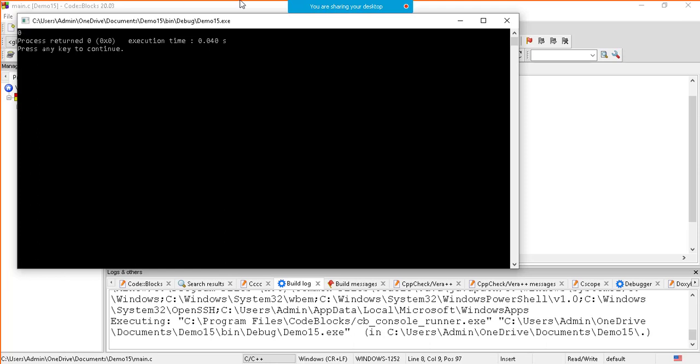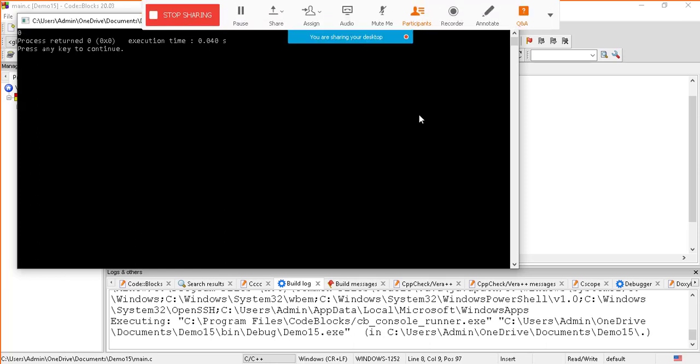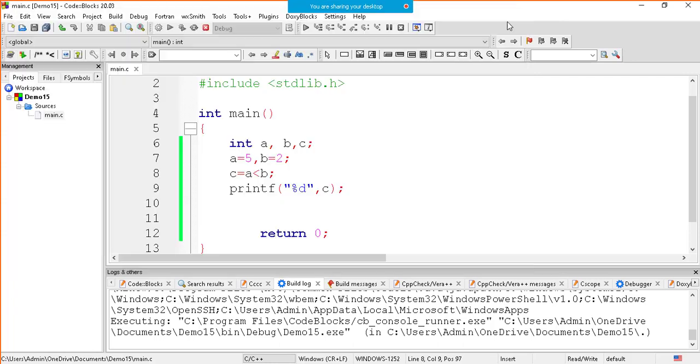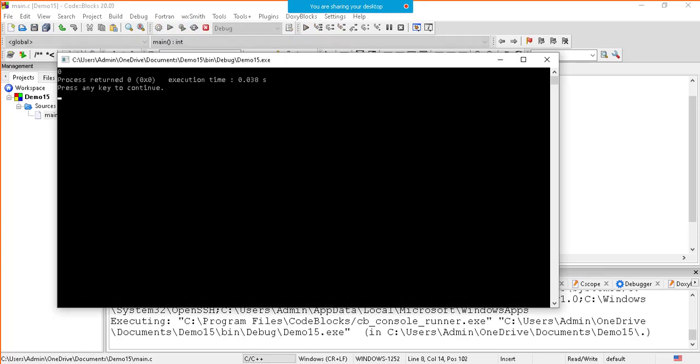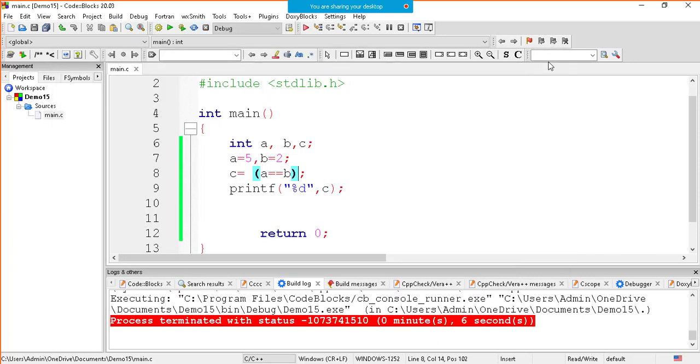Is it okay? Great. Now see, for example, let's say I want to check whether A is 5, B is 2. So both are not same, right? So what I'm doing is A double equal to B. Just to remove your confusion, let's say I'm making a bracket over here, so you can have a very clear idea. A double equal to B. What is A double equal to B? Both are not same. So answer is 0, because my A is 5, B is 2.